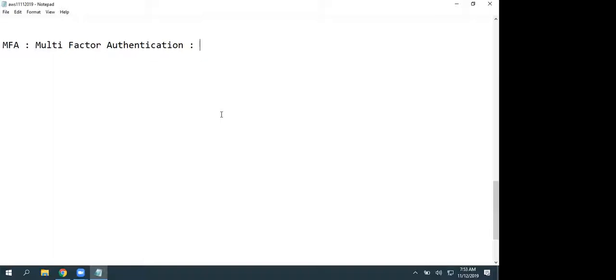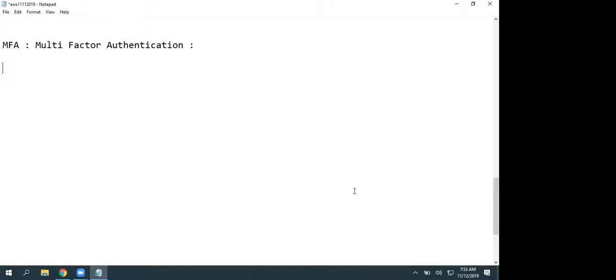In exactly the same way, we have multiple options, like a physical hardware device or software MFA devices. You can pick any, then you can activate MFA, multi-factor authentication. Simple. After entering your username and password, it will ask you to enter a 6-digit PIN, which you get from the associated MFA device. If you enter that, then only it allows you to log in. Otherwise, it won't allow you to log in.